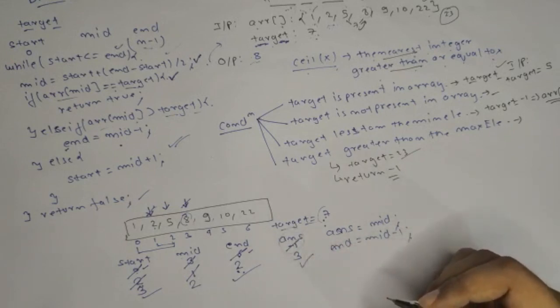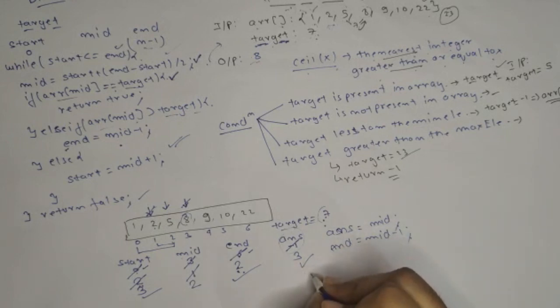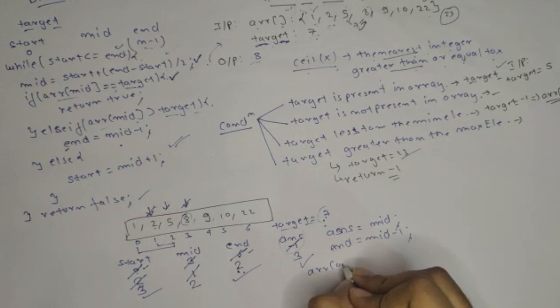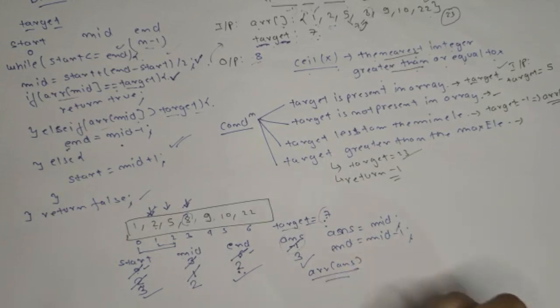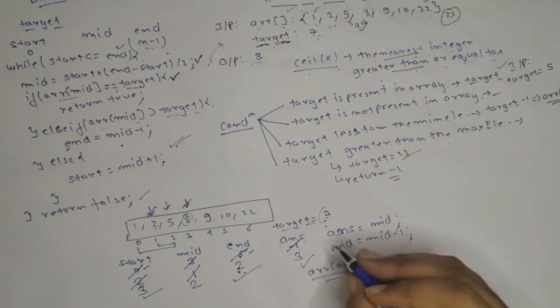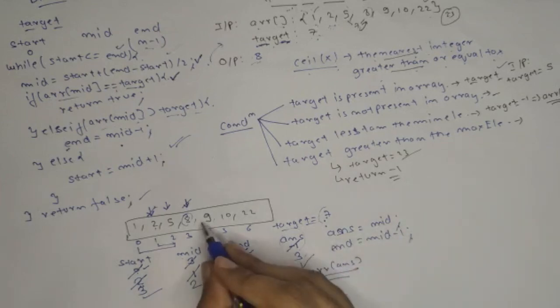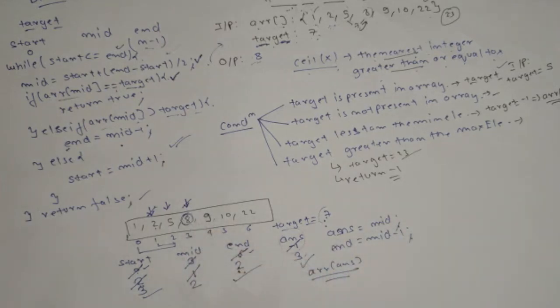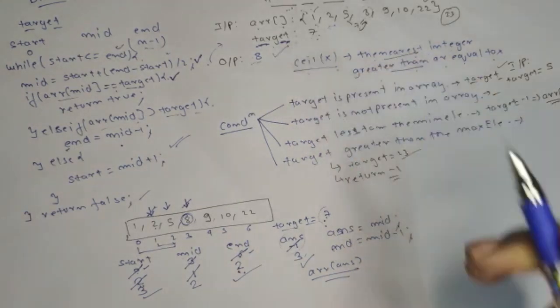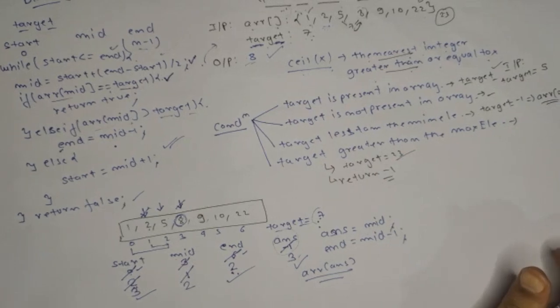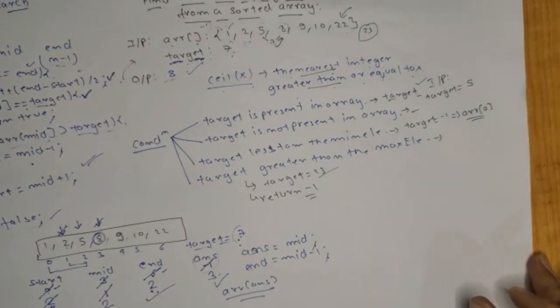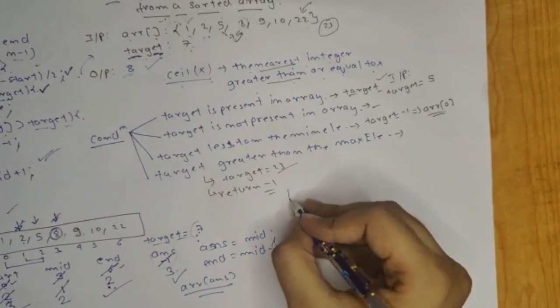If in the problem it is asked that we have to return a value, then you have to return array of answer instead of answer. Or if the index is asked, then you have to return simply the answer value. And we can clearly see we have 8 in the third index, and this is what we were expecting. So let me write the code for this somewhere here,